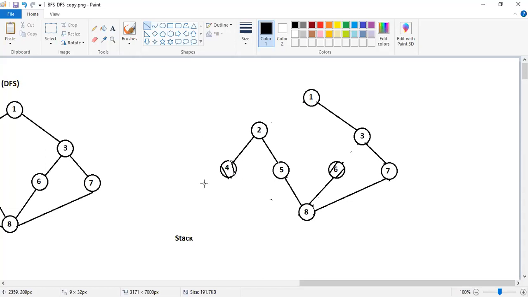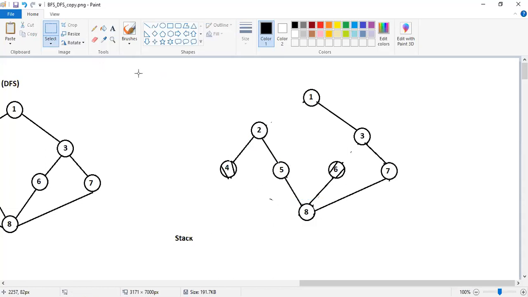Okay. So we will pop 4. After we pop 4, what we have on the stack is 2. 2 is again connected to 1, but that 1 is also visited. So now 2 is what? Kind of a dead end for us. We will not highlight it here, but we will just simply pop it. So 2 is popped. After 2, 5, 8, 7, 3, 1.